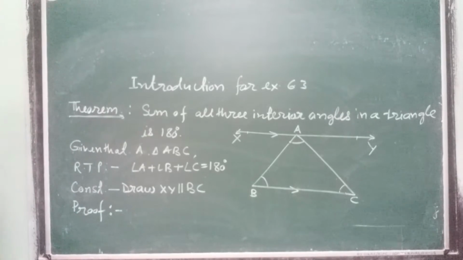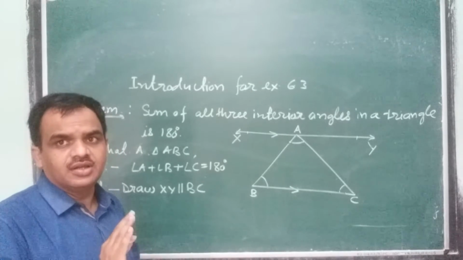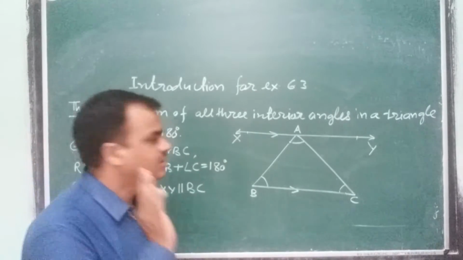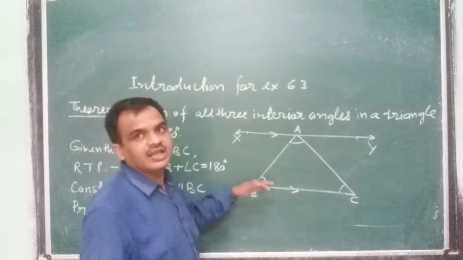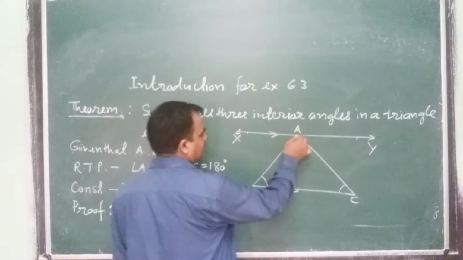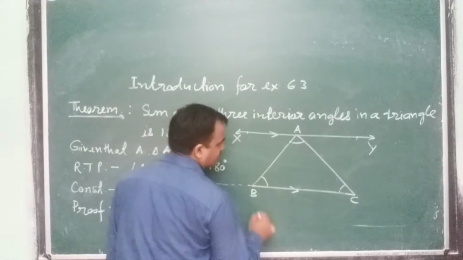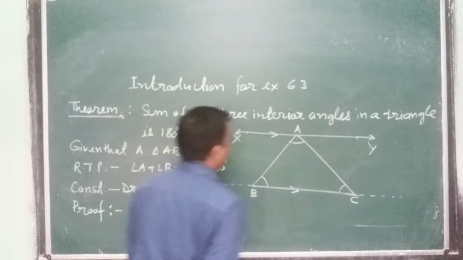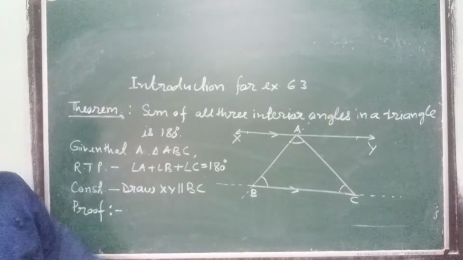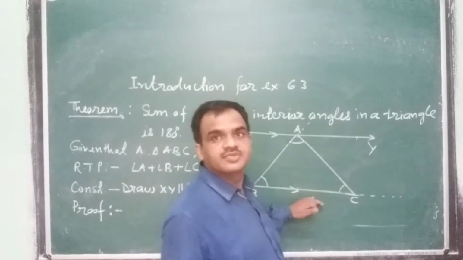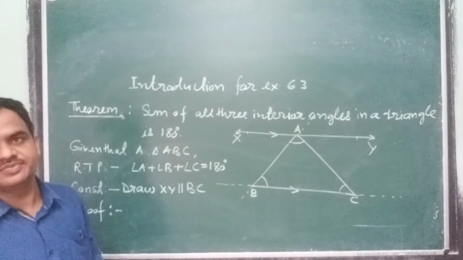Okay. First of all, let me explain the concept which will work in proving this. Now you have got these two lines as parallel, and you may consider this AB as a transversal. If it is not very clear to you, let us proceed. Extend the line. You may extend this one also. Now clearly XY and BC are parallel lines, and this AB is like a transversal.